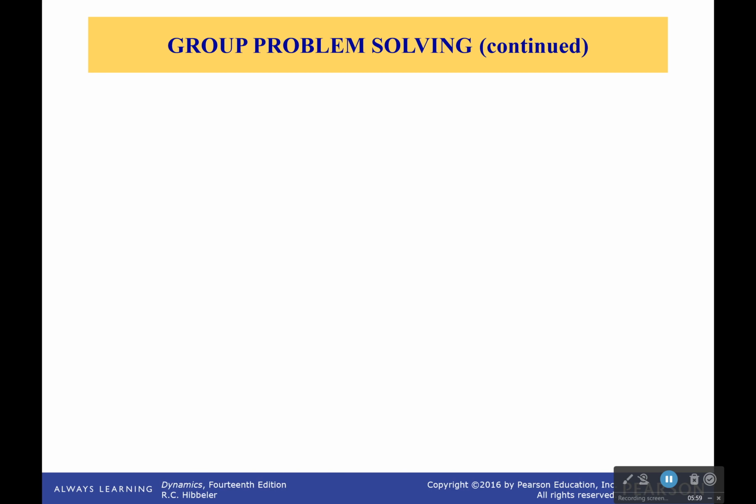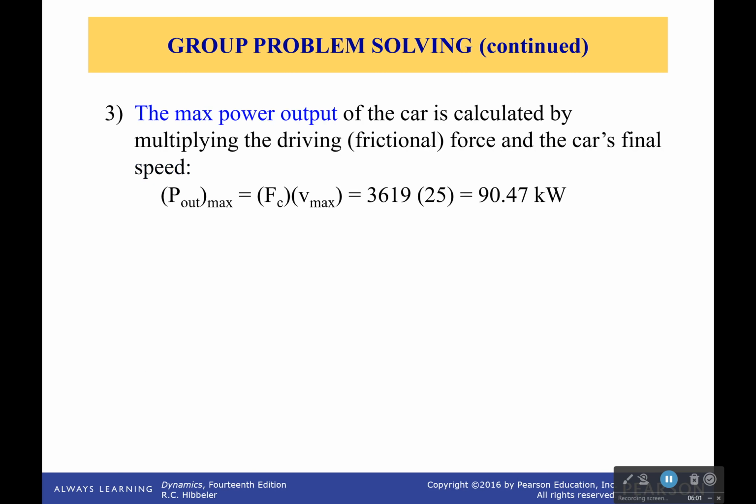Now, obviously, that force comes from the engine. And I asked for two things. I asked for the max and the average power output. So the max power output is going to come when I am going at the max velocity. So I'll have my 3,619 newtons of force multiplied by the velocity of the car at its max velocity, which is 25 meters per second, which is going to come out to be 90.47 kilowatts. 90.47 kilowatts. K there means 1,000, so 90,000